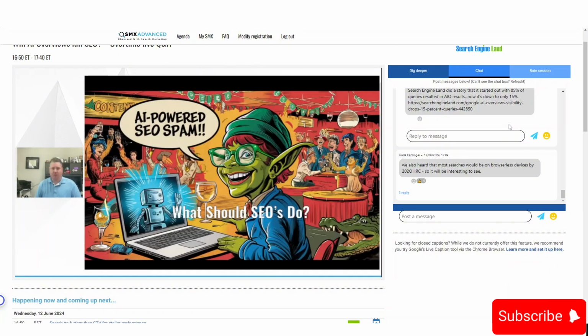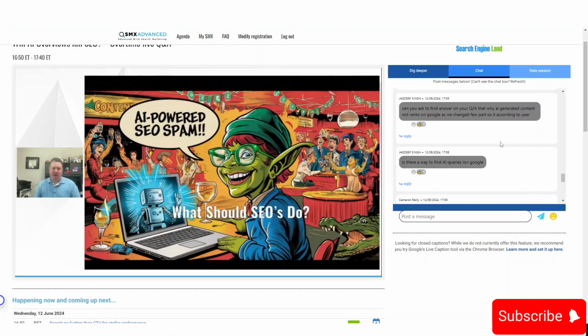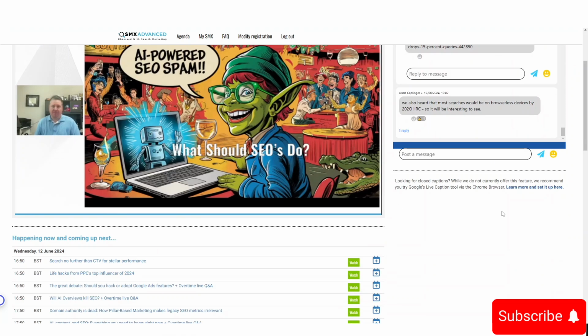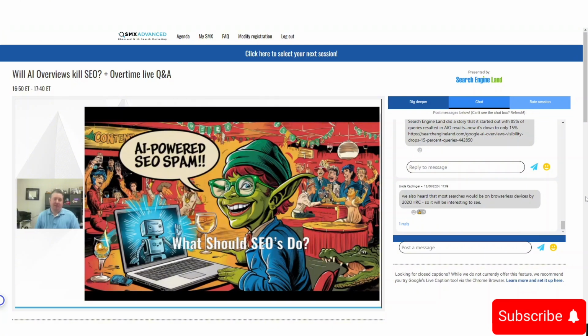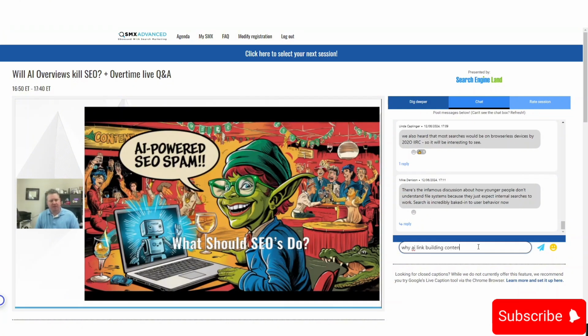So what should SEOs do? I love this AI generated image about SEOs here with the alligator party and the content goblin, if you're wondering where we're going with this. But what should we do going forward? There are some tips here, and I'm saying here the answer is not SEO spam with AI, even though Twitter says a lot of people are using it that way. Quick aside, I don't think the best use of AI is to create automated content. I think if your users wanted AI content, they would go get it from the AI, not your website. But you do you.